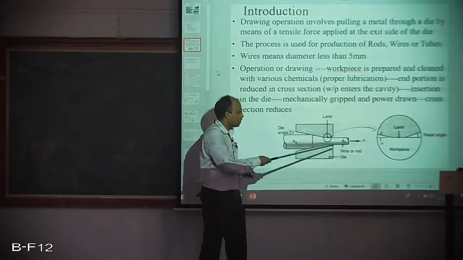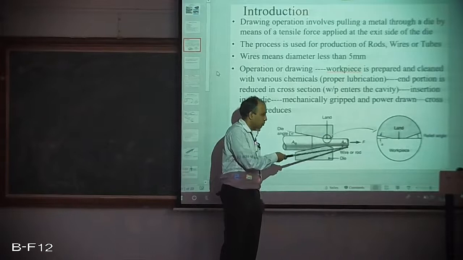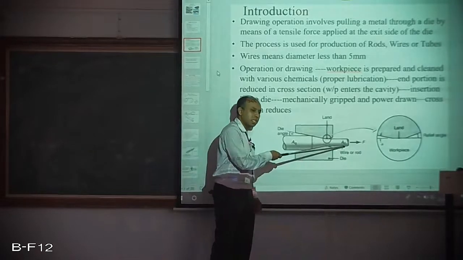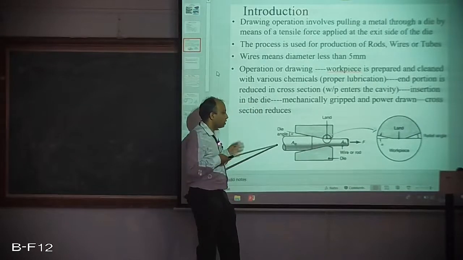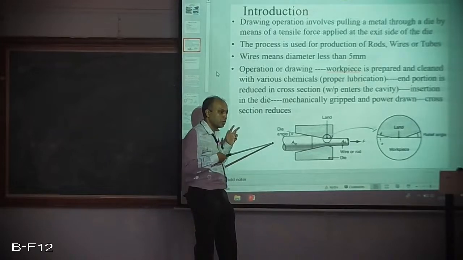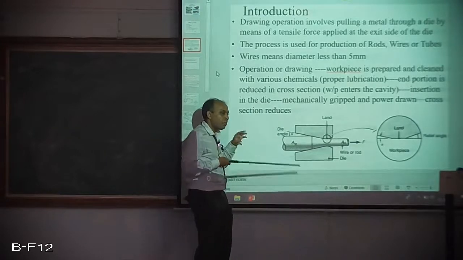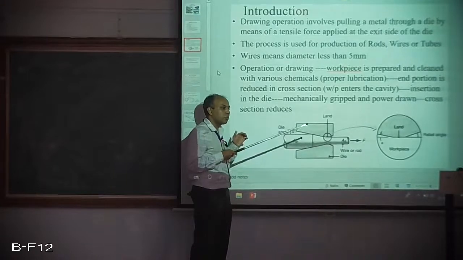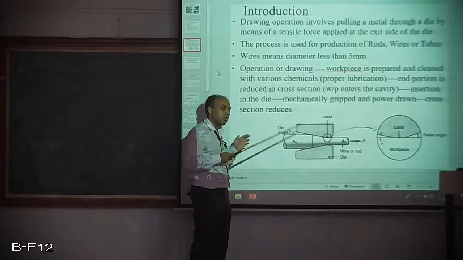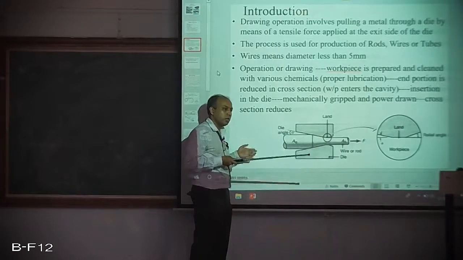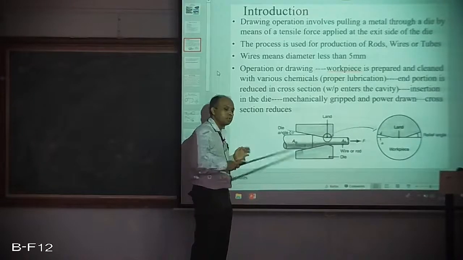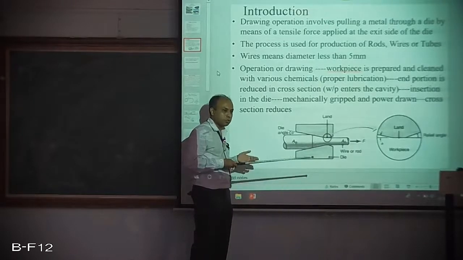Suppose I want to get an 8 mm diameter product over here, so drawing is performed to get the 8 mm. Suppose I have a larger stock size, for example 30 mm diameter. I might do extrusion and bring it down to somewhere around 10 mm diameter, and that is done in hot working conditions, hot deformation. Then next, to reduce it from 10 mm diameter to 8 mm diameter, drawing operations are performed. So it is a cold operation.